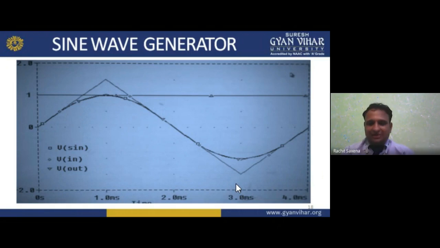So that is similar. But if I want to generate the triangular wave, then I have to use an integrator, with capacitor charging and discharging. If I want to convert into the square wave, then I have to use a multivibrator, with positive V saturation and negative V saturation, the saturation voltage in the positive manner and in the negative manner, going up and down.